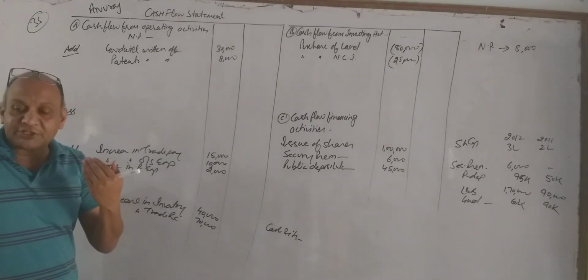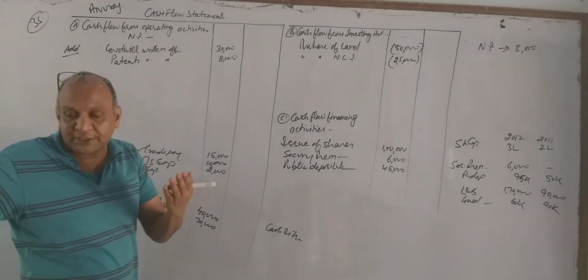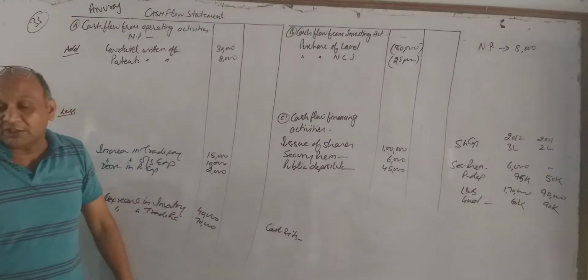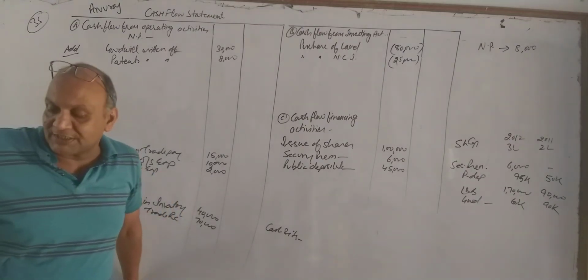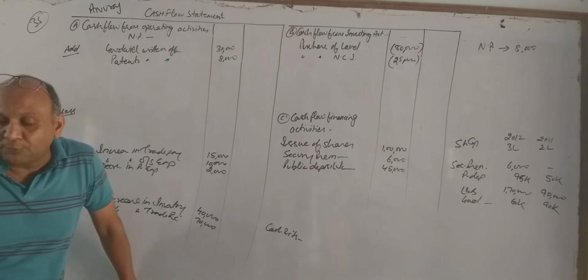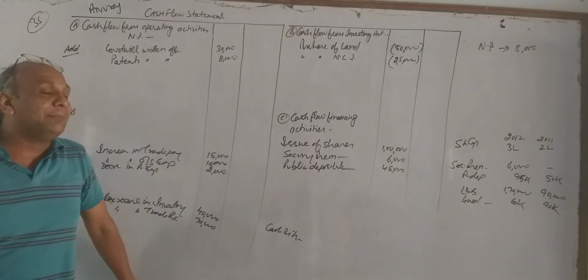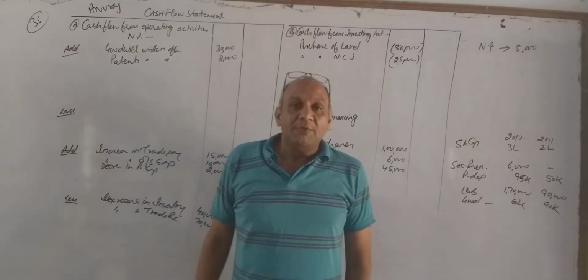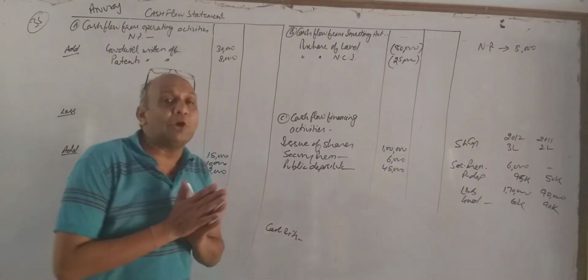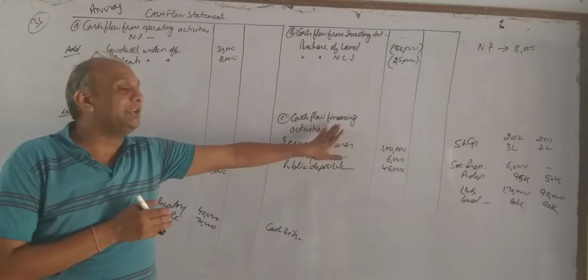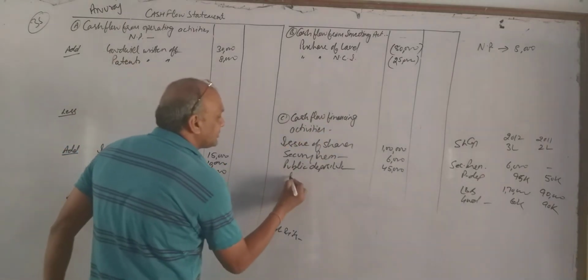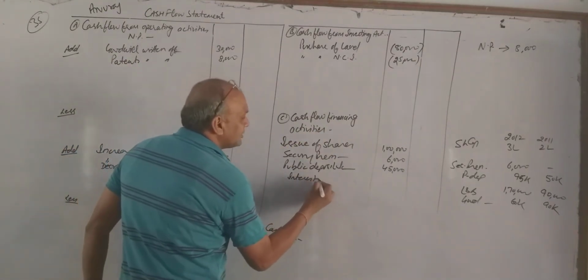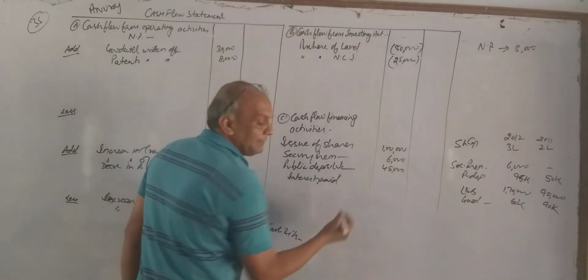Now after the adjustment, after these notes and balance sheet, we have given additional information. What is the additional information, my dear? Interest paid on public deposit 9,000. हमने पब्लिक डिपॉजिट जो था उसके ऊपर इंटरेस्ट पेड किया है. इंटरेस्ट पेड ऑन लॉन्ग टर्म लोन इज ऑलवेज अवर विच एक्टिविटी? फाइनेंसिंग. Interest paid, it is given how much amount here?